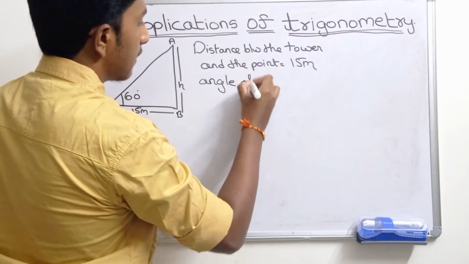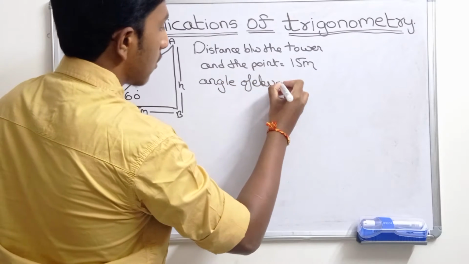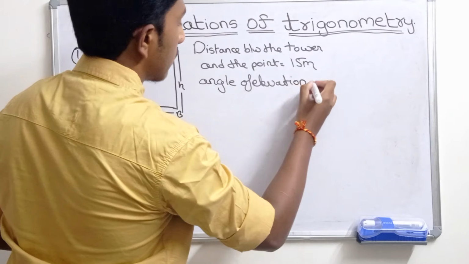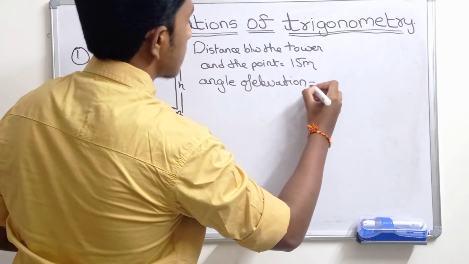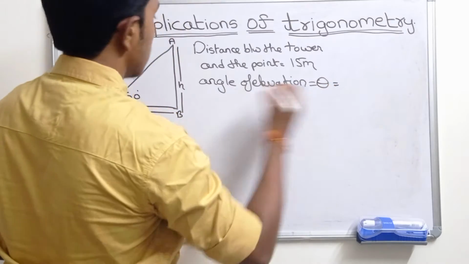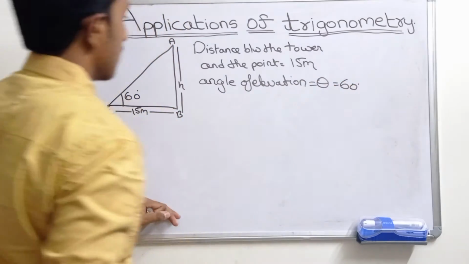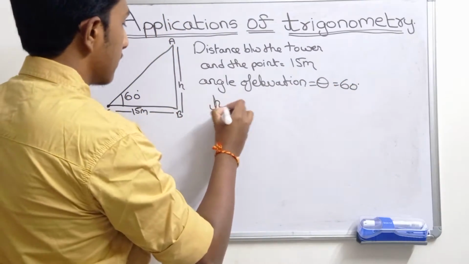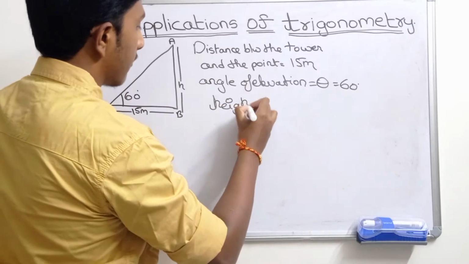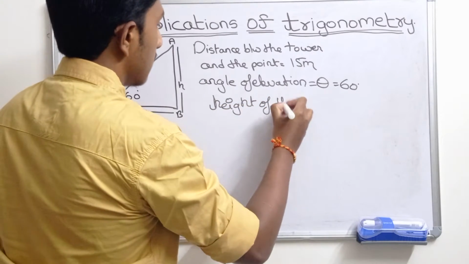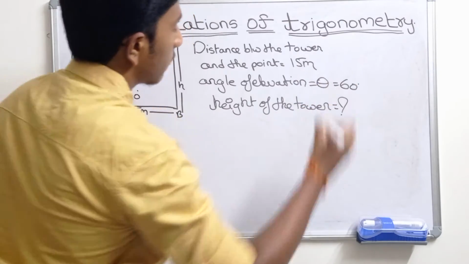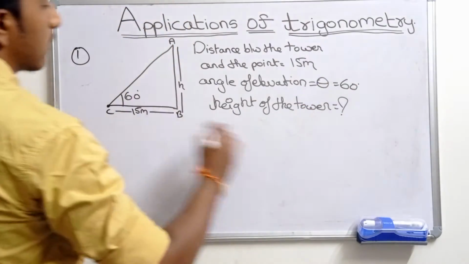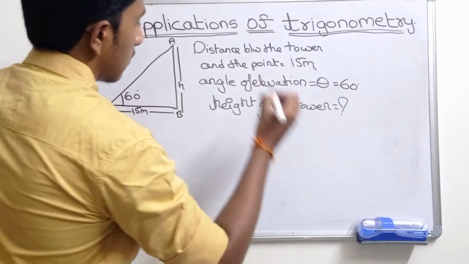Angle of elevation is equal to theta, that is equal to 60 degrees, and we have to find the height of the tower. Height of the tower should be found. We have to find the height of the tower that we have considered as h. Okay guys,